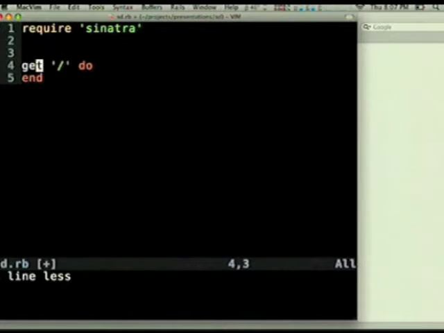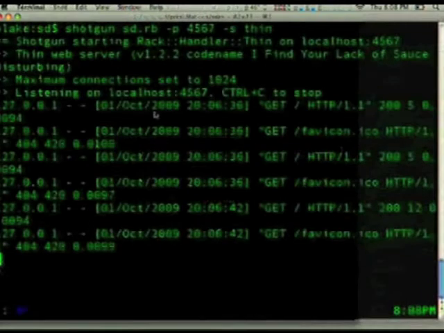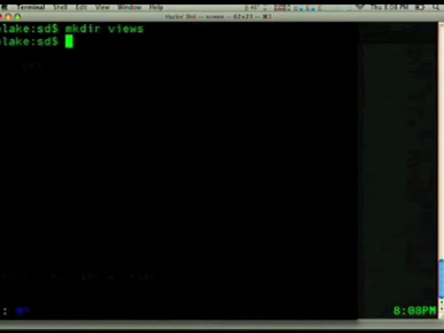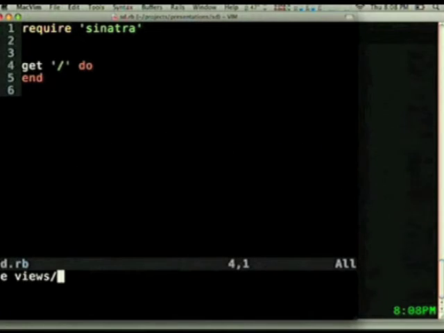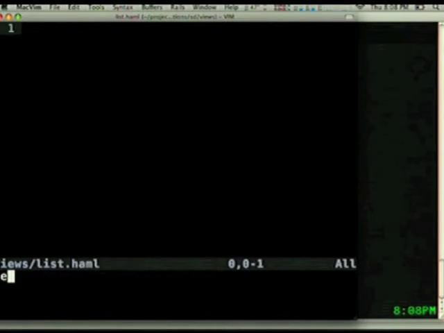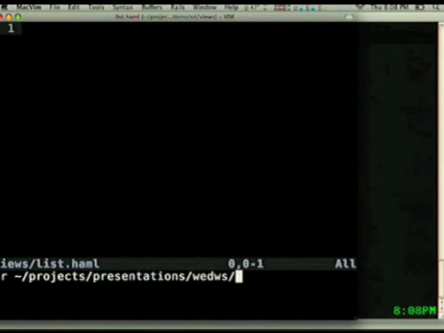So back to the to-do list application. So in Sinatra, views you just put in a views directory, right? They're all just like this. Actually, I'm going to do it from here. So let's do list dot haml. I'm sorry, I was going to do haml. So if we do list dot haml, I'm just going to bring in the one from